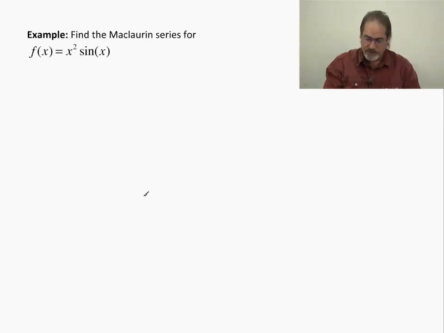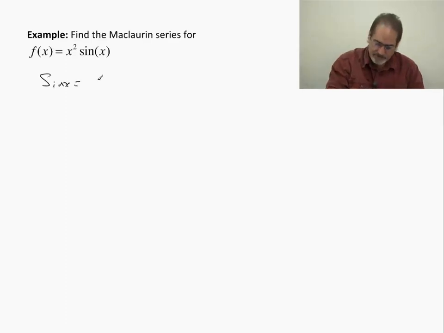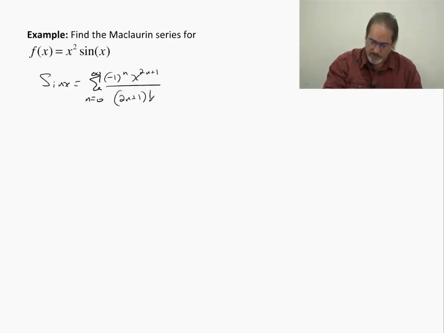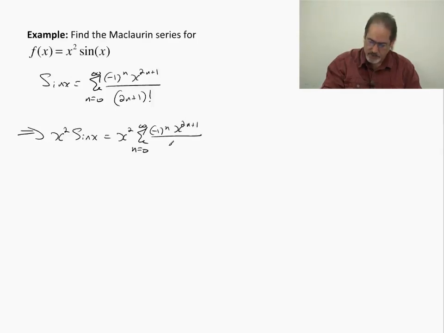Okay, find the Maclaurin series for x squared times sine x. Well, I think you probably see, we know that sine x equals the sum n equals 0 to infinity negative 1 to the n x to the 2n plus 1 over 2n plus 1 factorial. But remember, this converges for all x. That would then imply that x squared times sine x equals x squared times the sum n equals 0 to infinity negative 1 to the n x to the 2n plus 1 over 2n plus 1 factorial,